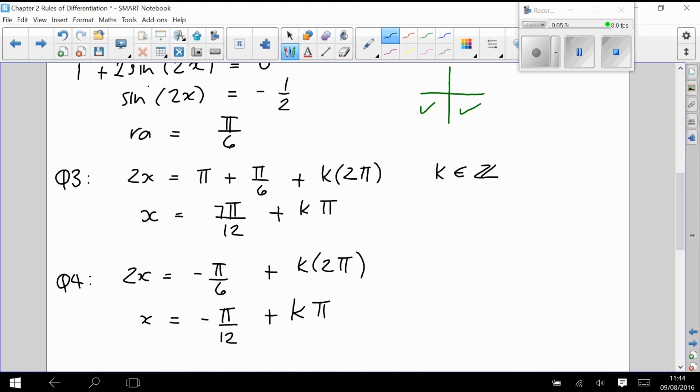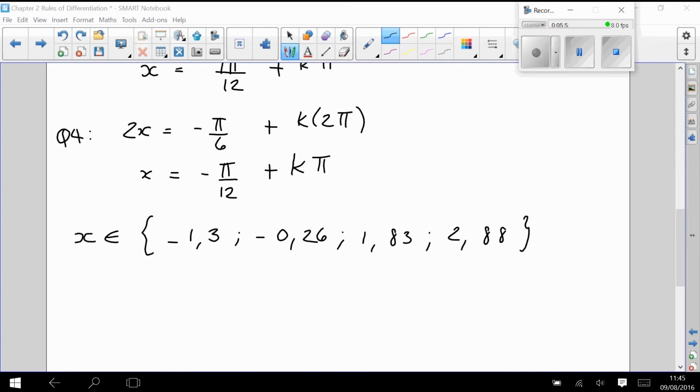values for x. Now, if you take a look at these values and they are written as common fractions in terms of pi, it's not always easy for you to understand exactly what that value is. So I'm going to write the solution set in decimal form, rounded to 2 decimal places. The 4 solutions that I get are when x is going to be -1.3, -0.26, 1.83, and